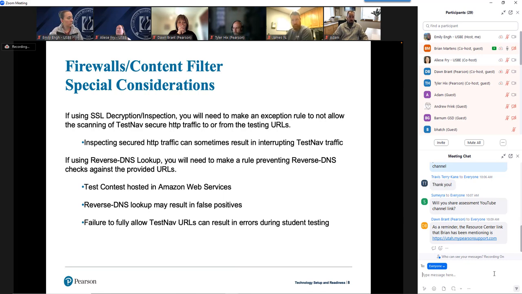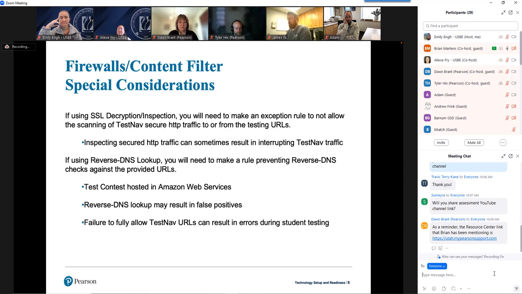Every year we get a handful of these that come in, and we have to keep drilling down into their settings and finding out that this SSL decryption or inspection is on, and it's causing some sort of a delay, which is blocking testing. So make sure that either it's turned off or you're at least explicitly allowing the testing URLs to and from so that they're not touched by SSL decryption.